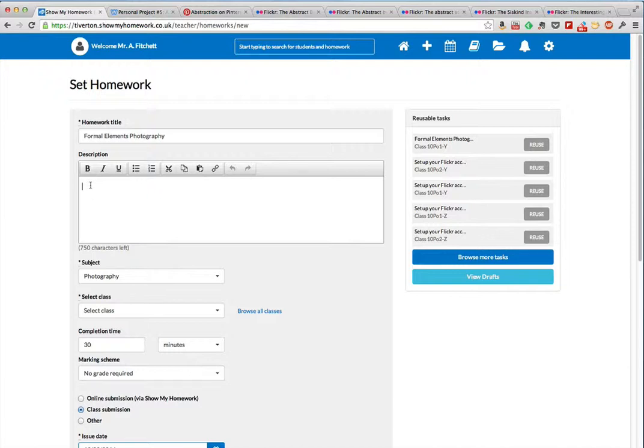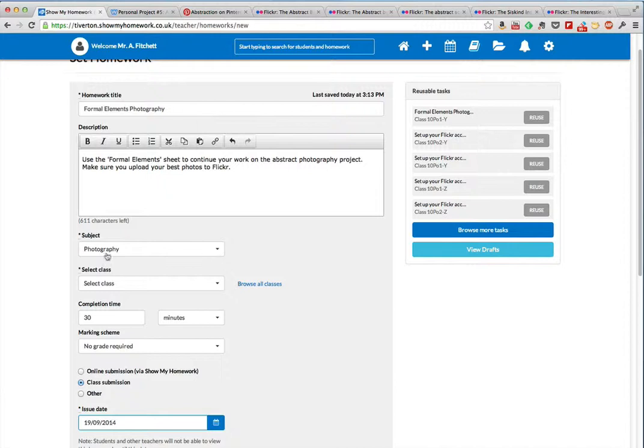So in the description, all I'm going to do is really write a brief synopsis of what I'm asking them to do. I'm going to attach a document which explains the task in much more detail a bit later on. If you've got a fairly short, simple, straightforward homework task, writing it all in the description can be okay. If not, a brief synopsis with an attached, more detailed document is a good idea. So we're going to go ahead and write my synopsis in the description box. So I've just written a brief synopsis of the homework in the description box,